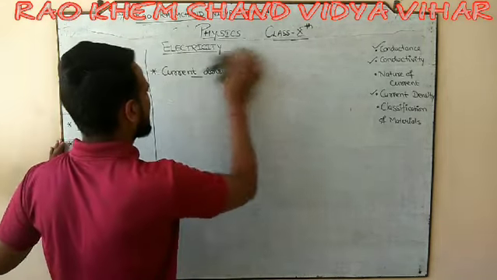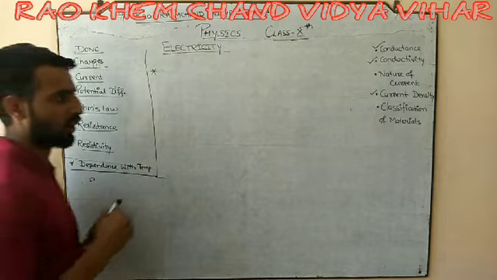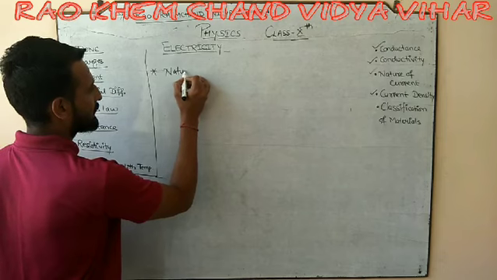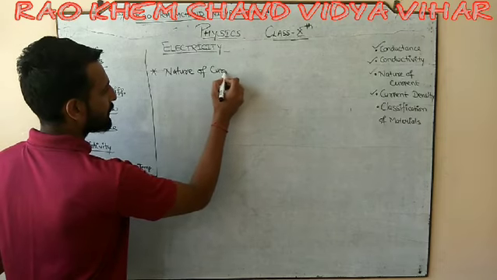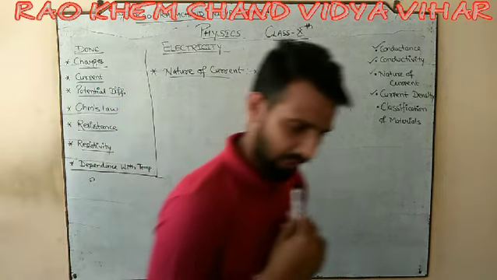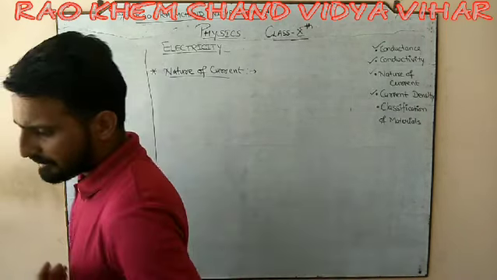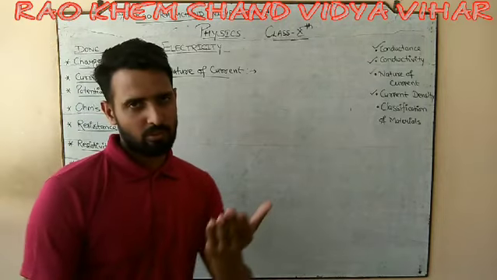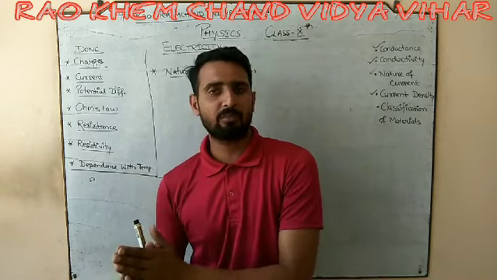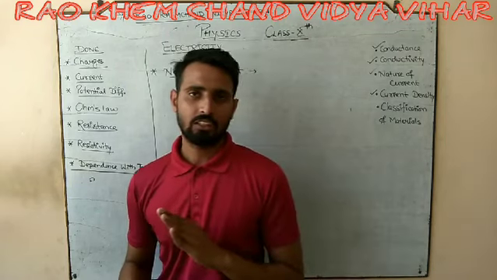Now these topics, as I told you earlier, these definitions are very small. You can easily understand. So it would not be any rocket science. The next term that we will discuss is the nature of current. We have discussed current a lot, the rate of flow of charge. We have discussed the direction of the current also. If you remind me what is the direction of that current, the direction of the current is from the positive terminal of the battery to the negative terminal of the battery, and that direction is important to us. We should know this.